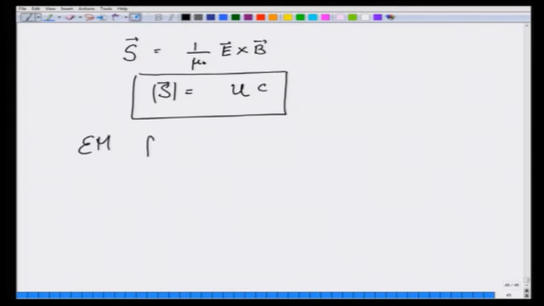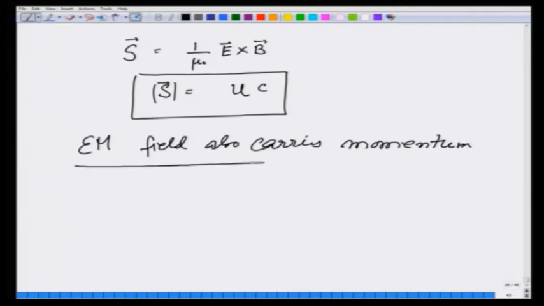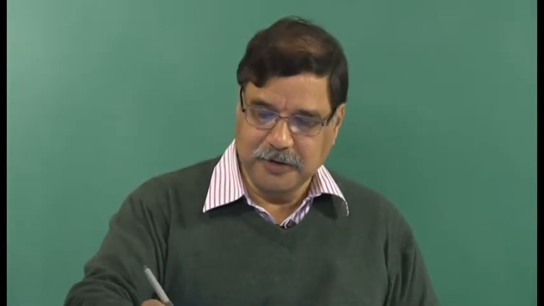The EM field also carries momentum, and this can also be derived exactly in the same manner as we derived the Poynting vector, except that the derivation is a little more complicated and slightly beyond the level of this course. So, I will just state in a dimensional